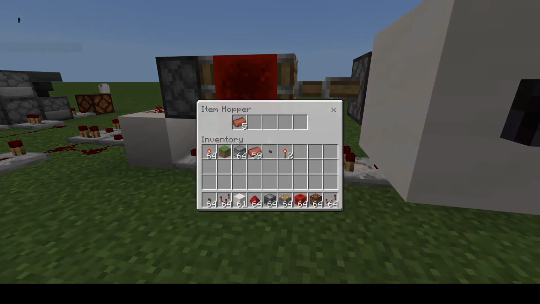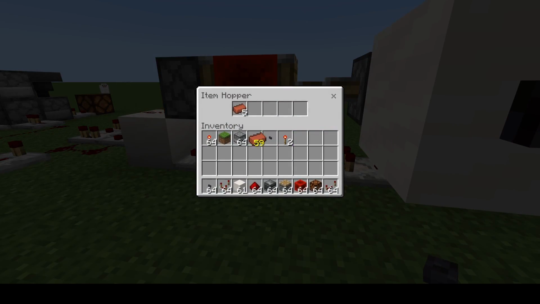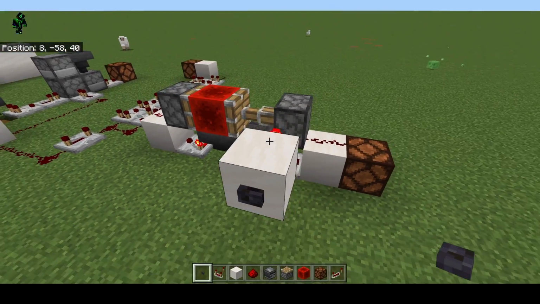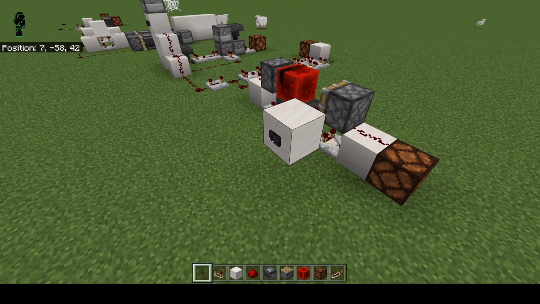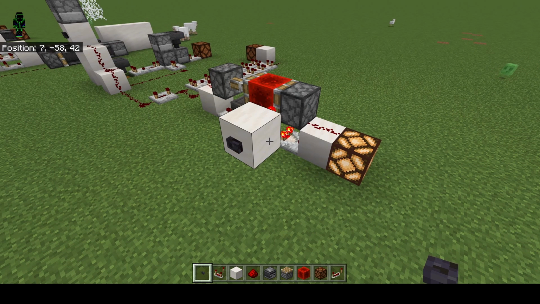Now, you could probably see how this can go as far as extending it, because now let's do this with 32 items in there. We're gonna see this light's gonna come on, and it's gonna stay on long enough for